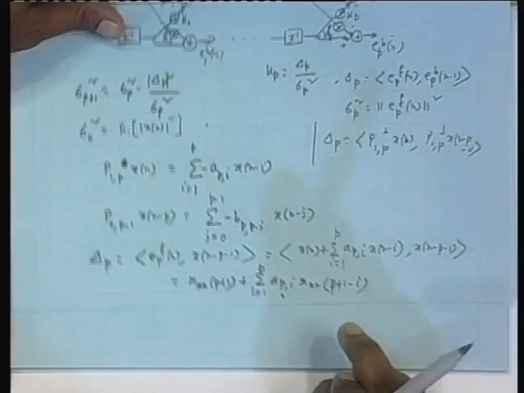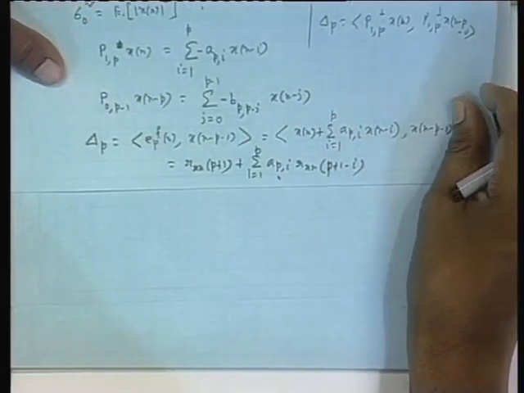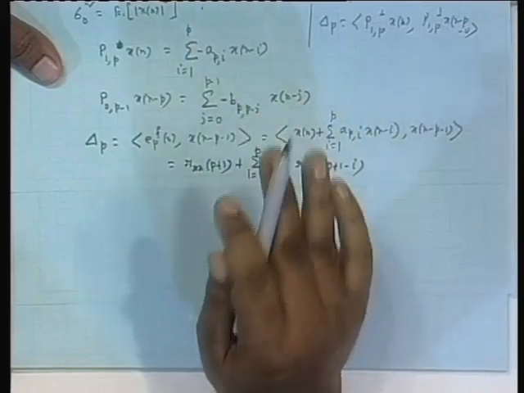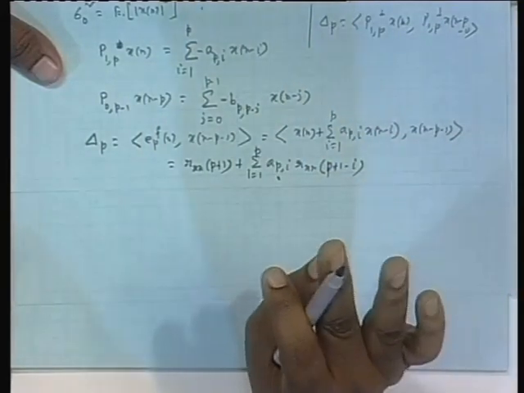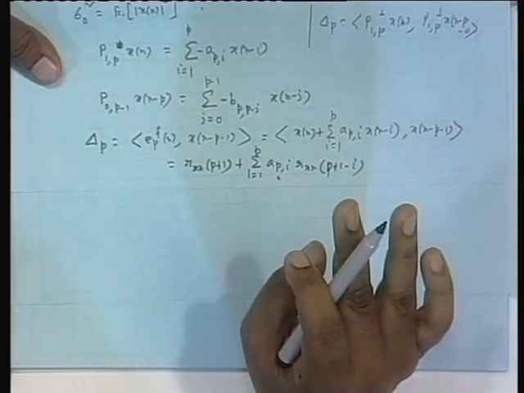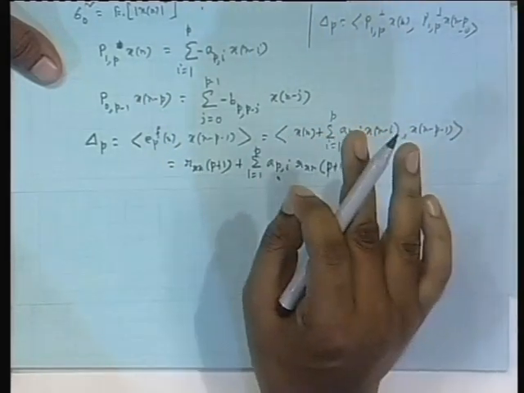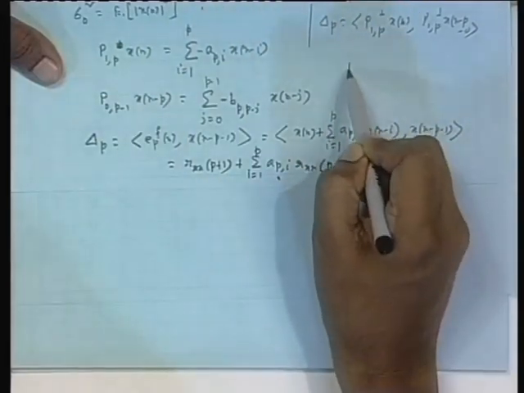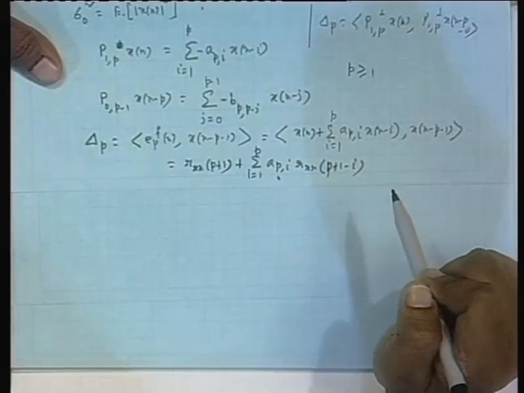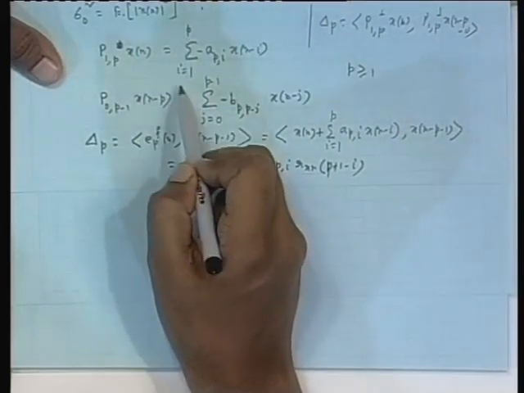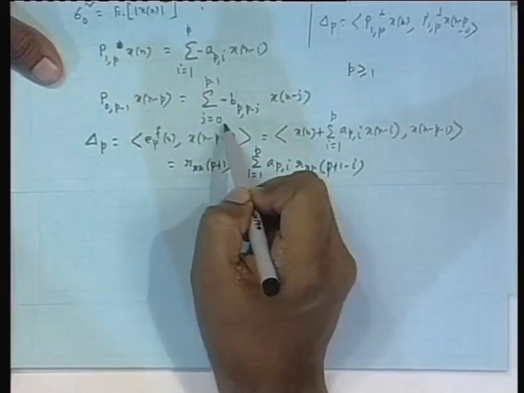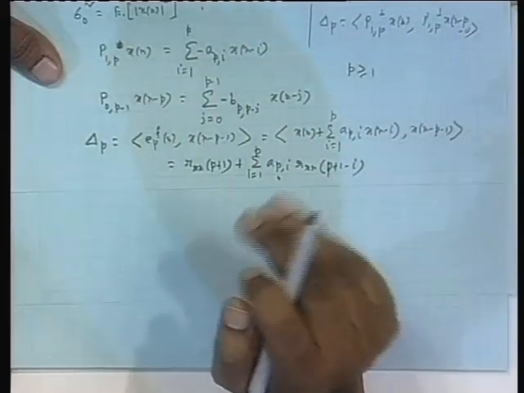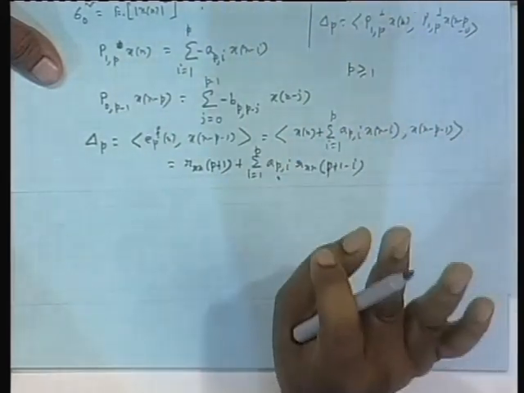Now, the a_p. Suppose I know this a_p_i and b_p_(p-j), these coefficients, for pth order or up to pth order. Then I have to find them for the (p+1)th order. That is the way we are updating. For the time being, you assume that p is greater than or equal to 1, because p equal to 0 has no meaning here. i equal to 1 to 0, what is the meaning? Or j equal to 0 to minus 1, there is no meaning if you put p equal to 0. So p is at least 1 or more. The p equal to 0 case we will take care of separately.